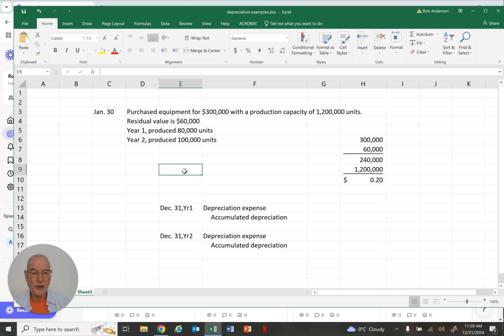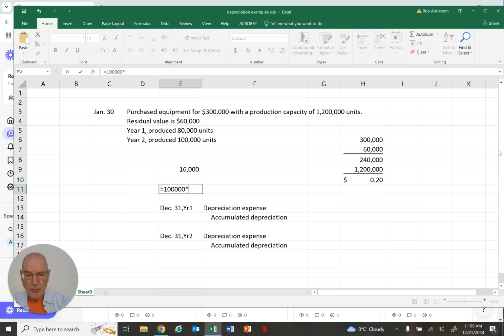So the first year we're going to do this. We're just going to go 80,000 units times 20 cents. And I'll just format this a little nicer. And there's our depreciation for year 1. Now in year 2, we produced 100,000 units. So similarly, we're just going to take our 100,000 units times our 20 cents per unit, and that gives us